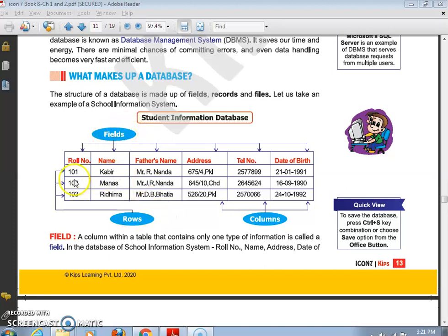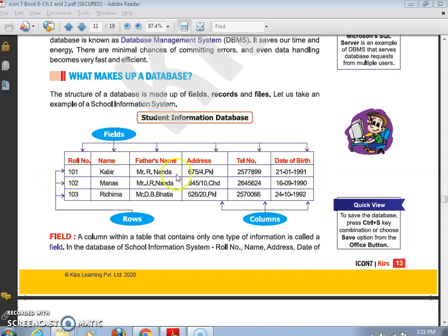Okay, and the information which is written under the different heading, when you read it horizontally, say 101, roll number 101, when you read it line wise or horizontally, then it gives you complete information about a student's roll number 101 Kabir, Mr. R Nanda, address 675/4, telephone number and date of birth.